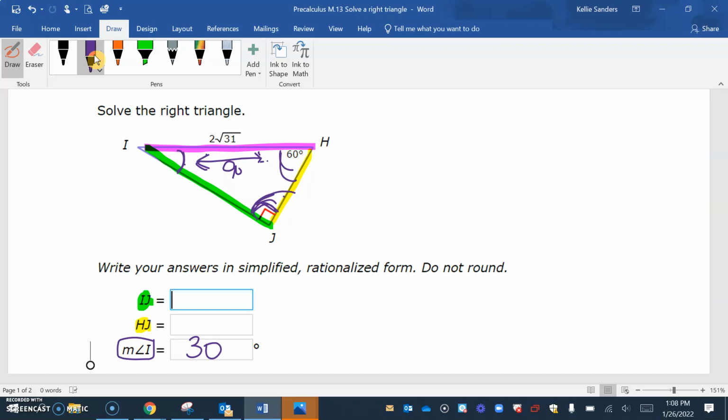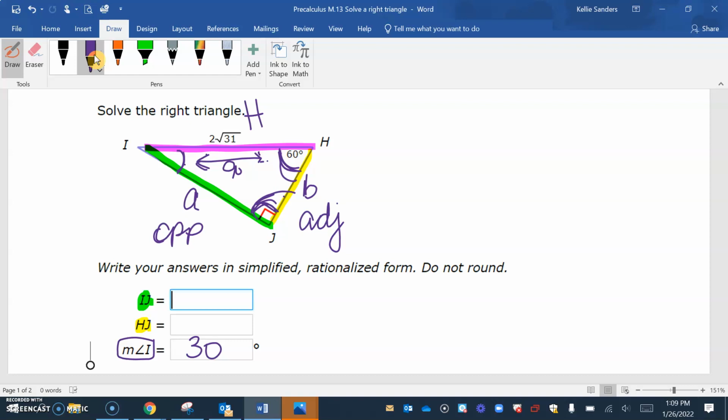Then just choose which one you're going to find. Are you going to find the green IJ, or the yellow HJ? It doesn't matter because you're going to have to find both. I'm going to label this A and this B just so I don't have to write as many letters. I'm going to use the 60, and A is opposite the 60. This is the hypotenuse, and B is adjacent. So if I'm going to find IJ first, which is A,